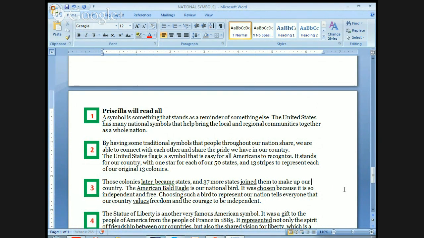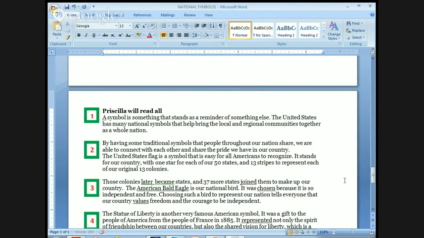By having some traditional symbols that people throughout our nation share, we are able to connect with each other and share the pride we have in our country. The United States flag is a symbol that is easy for all Americans to recognize. It stands for our country with 1 star for each of our 50 states and 13 stripes to represent each